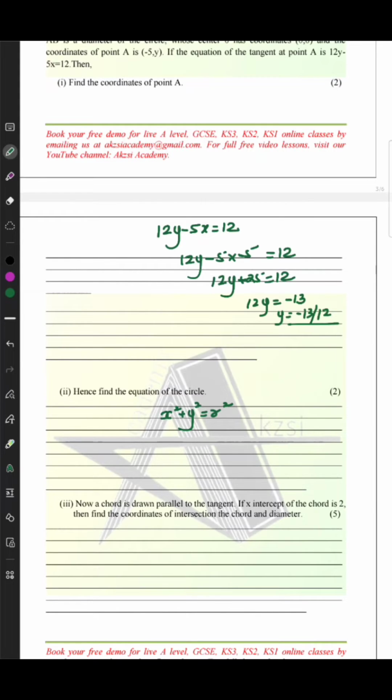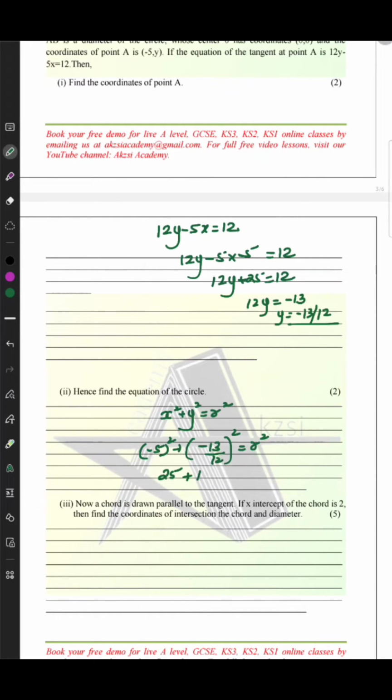So as this point, (-5, -13/12), is lying on this circle, clearly I can substitute x and y as that. So (-5)² + (-13/12)² = r². From here I'll get